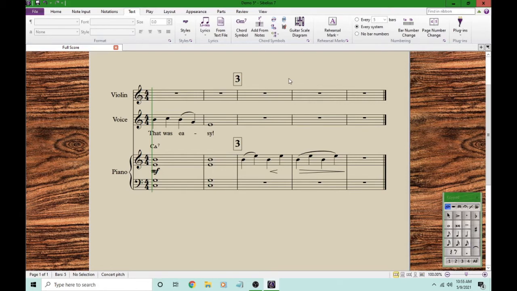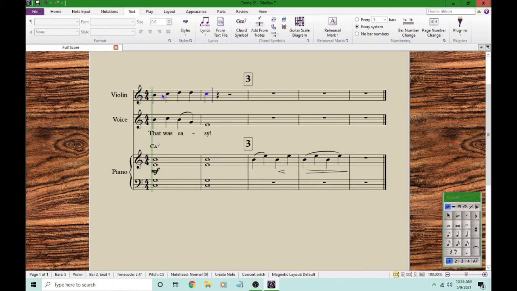One more thing about special text. We have something called technique text. So maybe I have my violin playing. Just another simple example. Right now it's on an arco sound, so I can click a note,